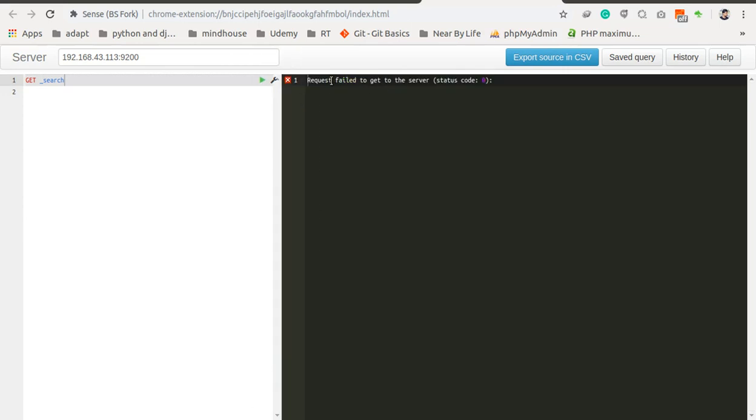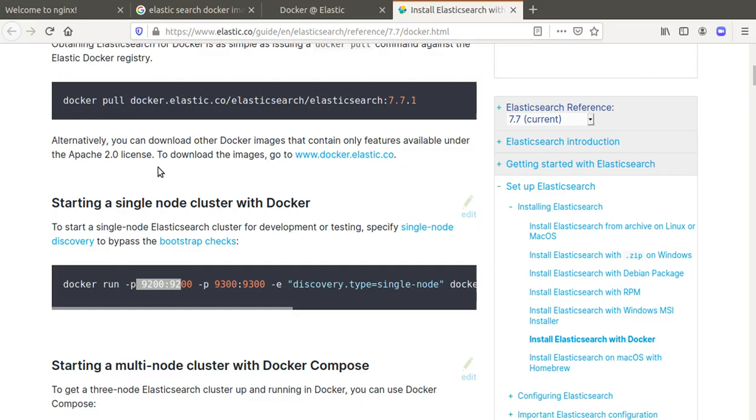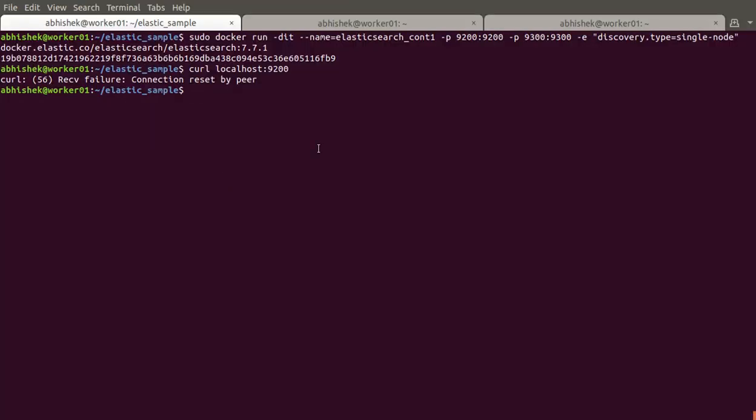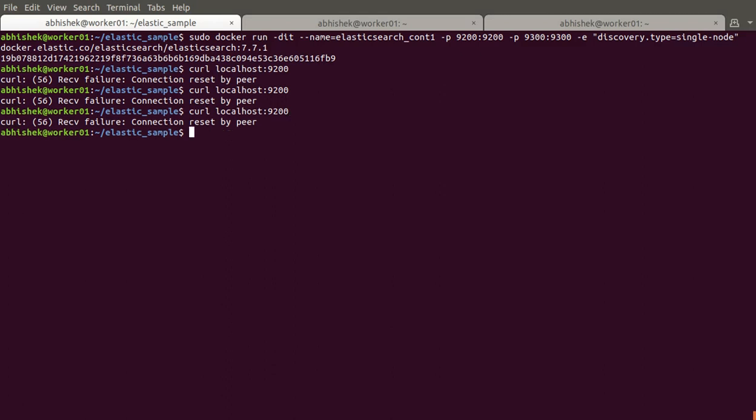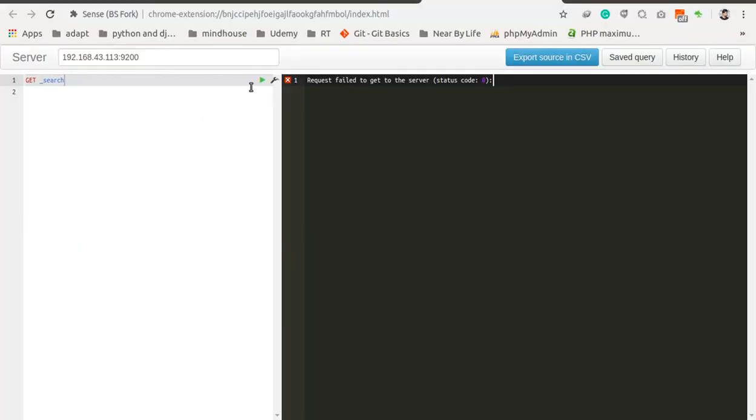Here we can also check the request failed because the cluster is not created yet. Cluster created, and now if I check here,